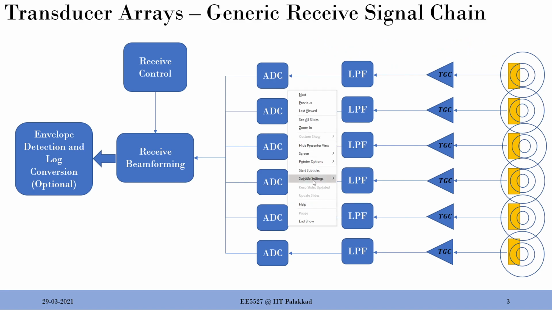So I hope it's pretty clear. Basically there is a TGC, time gain control, to amplify the weak signals coming from depth. Then you have an LPF, low pass filter, which is to band limit your analog signal so that you can sample it. That's important, and the cutoff is determined by the sampling rate. You'll get a better picture when we go to that equation and I explain that. Okay, so that's the idea.